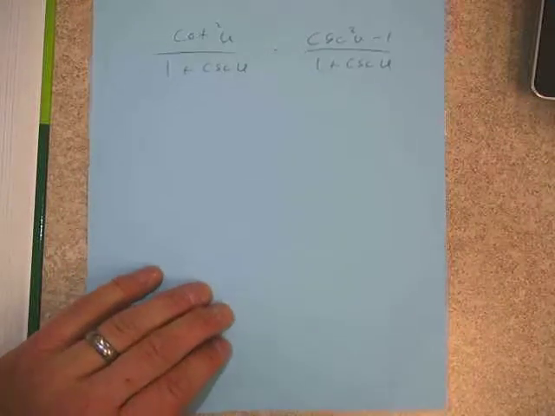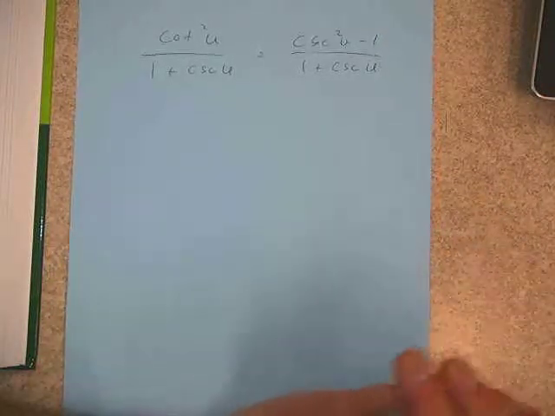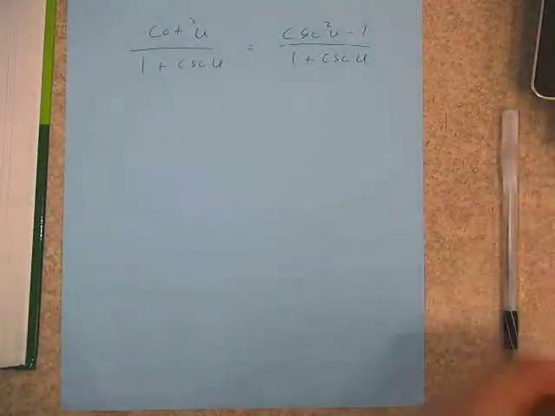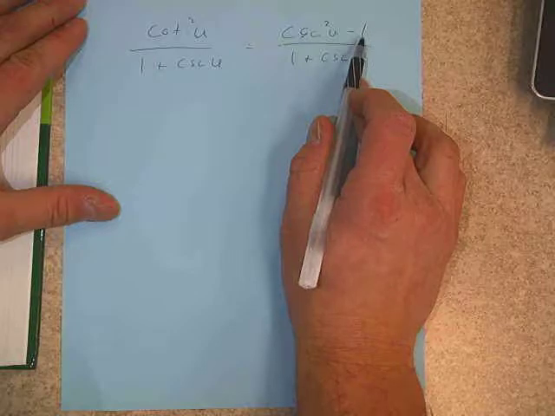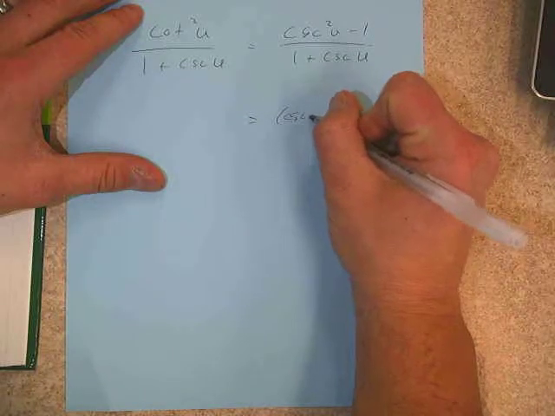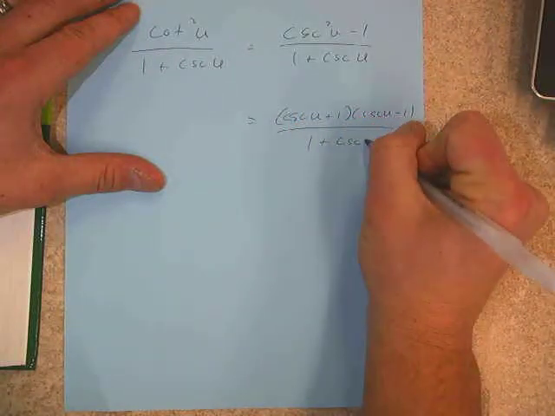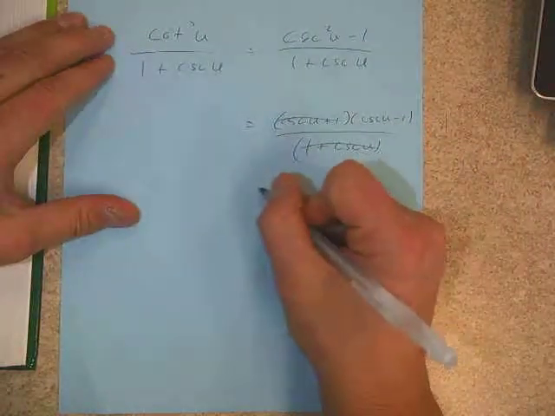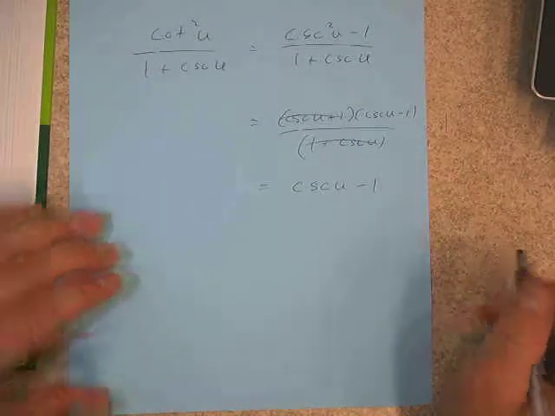We'll finish up with this one. We have cotangent squared u over 1 plus cosecant u equals cosecant squared u minus 1 over 1 plus cosecant u. Now, in this particular case, and this really should say in any case, we always have a choice. We can either manipulate one side or both sides. It doesn't matter if we do left, right, or both. What I would recognize here is that you have cosecant squared minus 1. You could change things in terms of sine and cosine here, but it turns out in this case that if you just check this out being the difference of perfect squares,